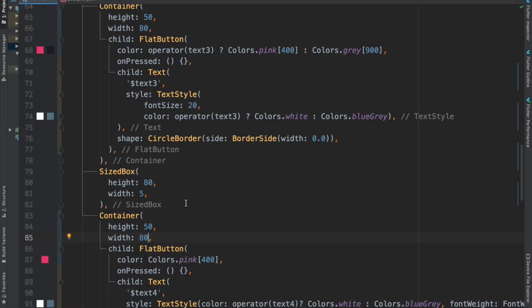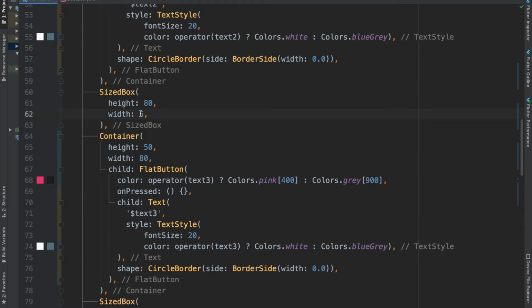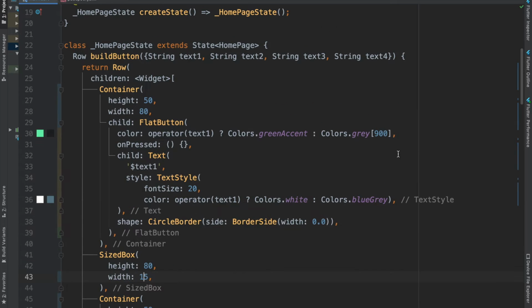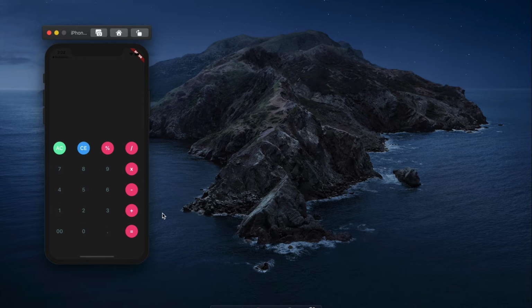Now let's increase the width of our sized box also. So if I run this code here, then you can see the output as this. So all the buttons are larger than before, and this seems perfect.